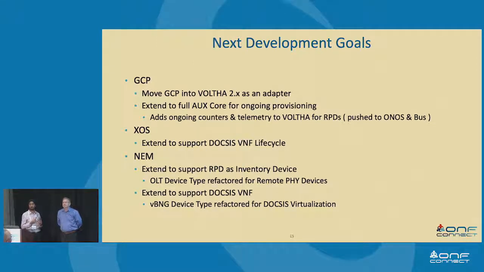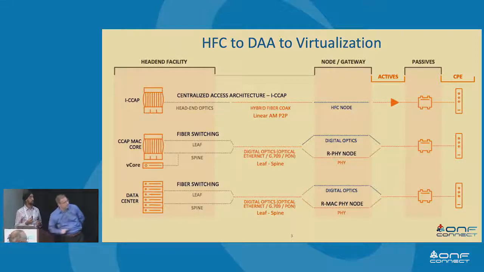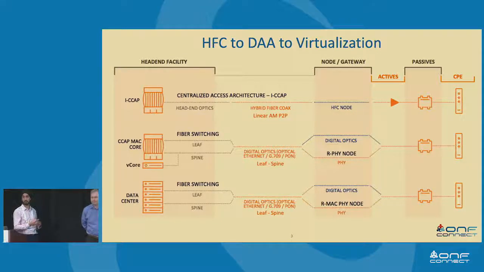Yeah. So I guess just to follow up on the whole OLT ONU analogy. When I think of cable systems, I've got a cable modem in my house, right? And in the PON implementation, there's an OLT and then there's an ONU. It seems like there's a similar analogy here where the remote PHY device is kind of like the OLT, and then the cable modem is the ONU, and the GCP is the equivalent of the OMCI. Is that the model? Yep. So the cable modem, why didn't that exist as a managed entity?